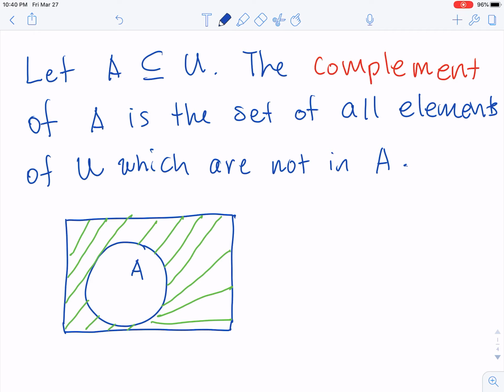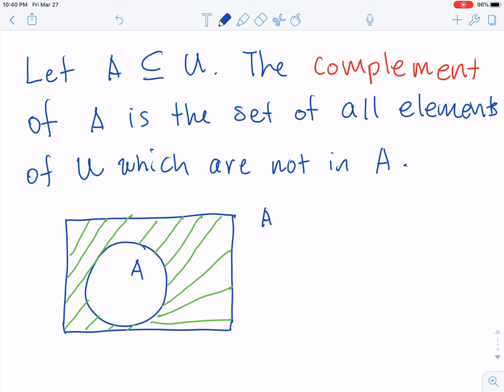Suppose we have a set A, which is a subset of U, which is the universal set. The complement of A is the set of all elements of U which are not in A. So, kung meron kang A at meron kang universal set, yung complement ng A, yan yung mga elements na wala sa A. So, ibig sabihin, in set builder notation,